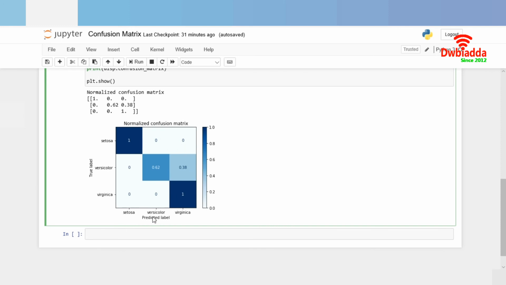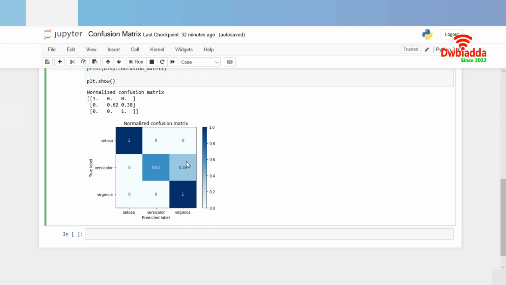This is Setosa, this is Versicolor, this is Virginica, these are your class name labels, and this is showing the other axis. This is your true label. If you look at it on the diagonal, you can see they are more classified, right? So 1 means 100% classified. That means they are classified in a very good way, and this is 62%. The rest of the white part we will ignore because we don't require it.